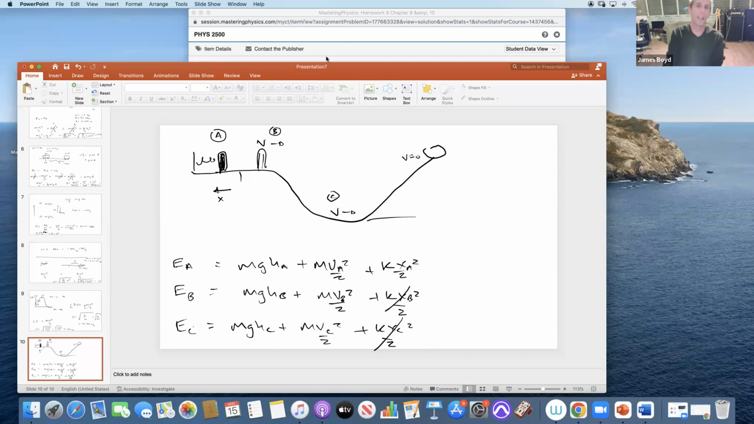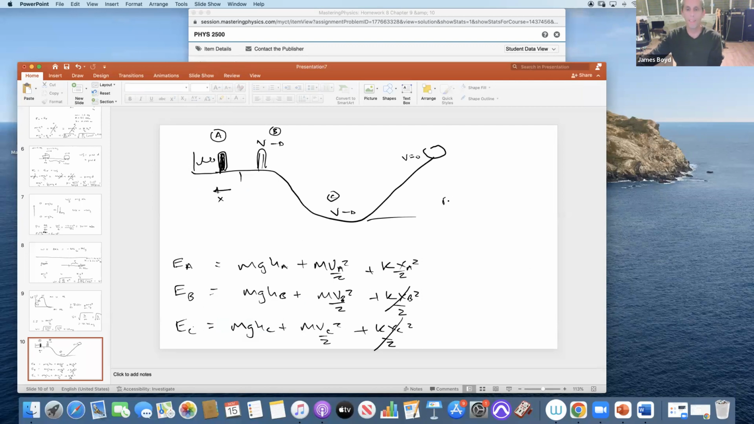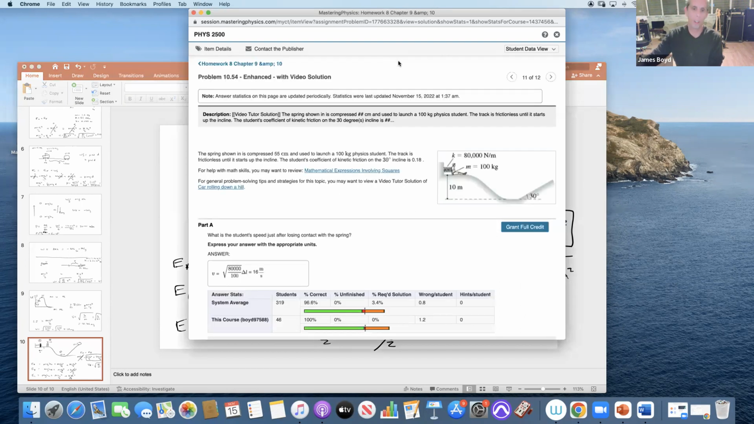Now, in order to find the speed right when they lose contact, we want to compare the energy at A to the energy at B, set them equal to each other. The heights are the same. So what we have is mv_A squared over 2 plus kx_A squared over 2 is equal to mv_B squared over 2. However, v_A is 0 as well. So really we just have this. Cancel the 2, divide through by m, and we get that v_B is the square root of k over m times x_A squared. Okay, so k,